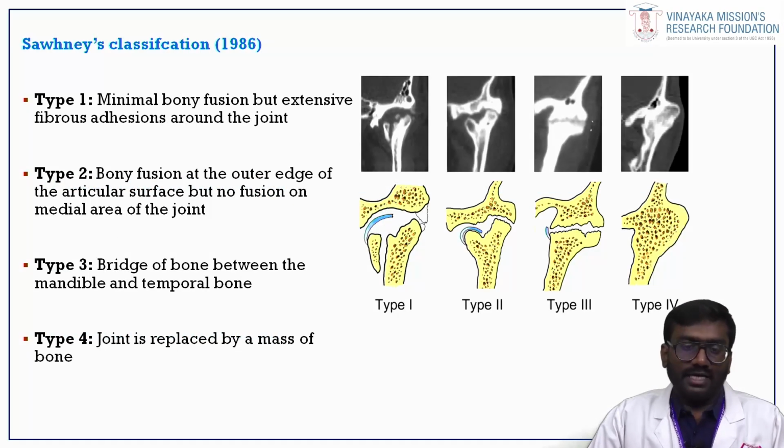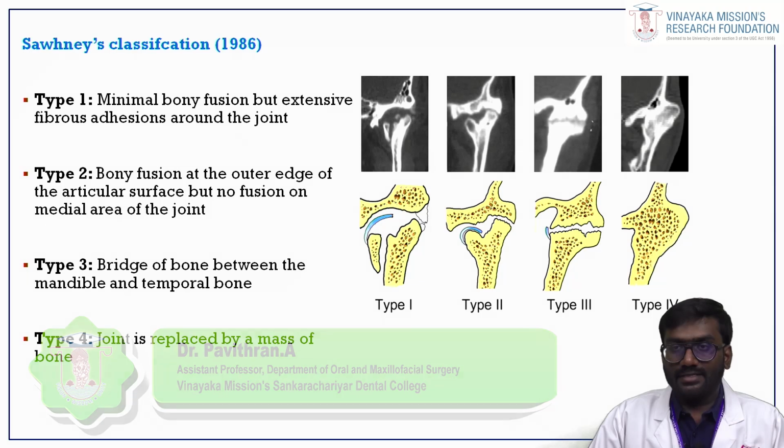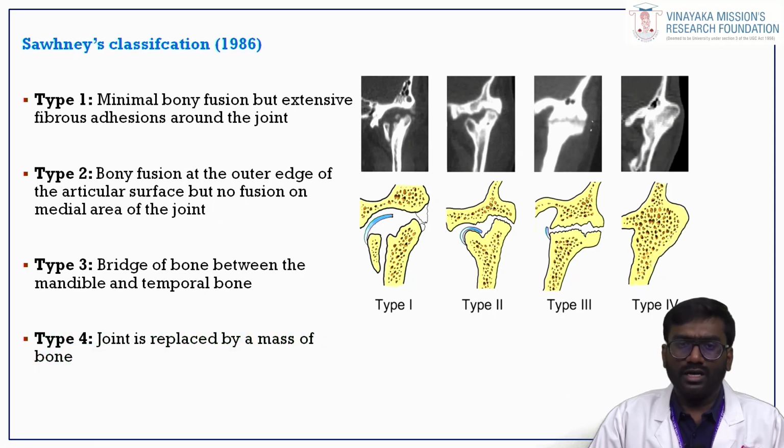Finally, in the year 1986, Sawhney classified ankylosis into 4 types, type 1 to 4, based on the radiological features, which is very useful for surgical management and widely accepted in recent days. Type 1 is minimal bone fusion but extensive fibrous adhesions. 90% of the time it is only fibrous adhesions and only a small number of bony fusions around the joint. So in the first picture you can see that you have space between the condyle and